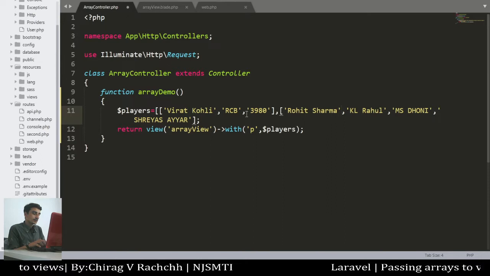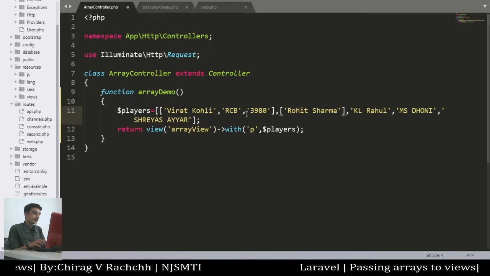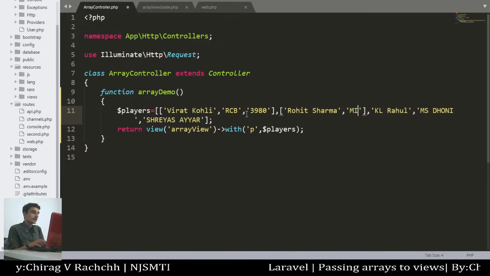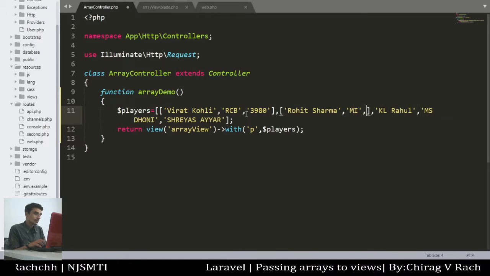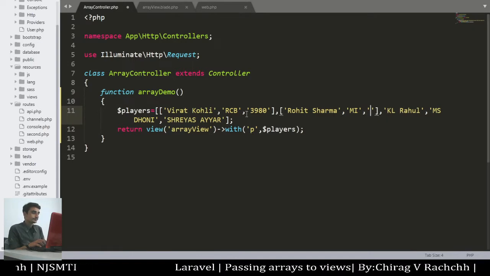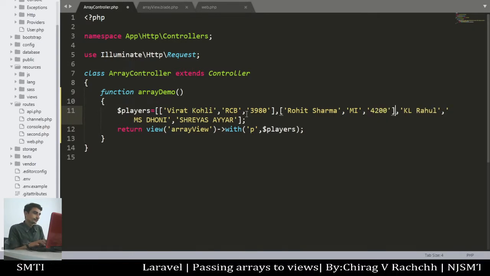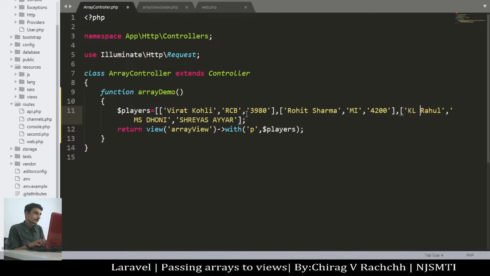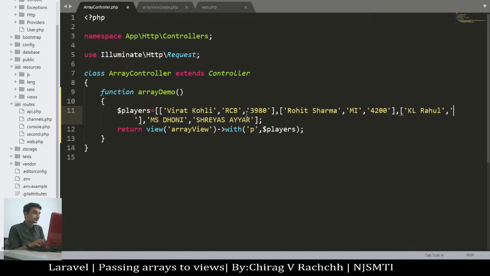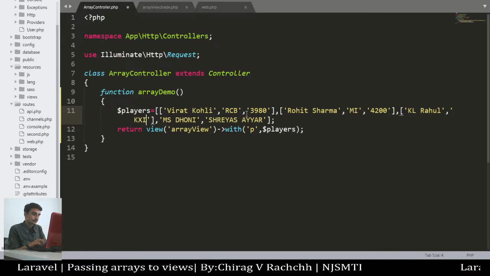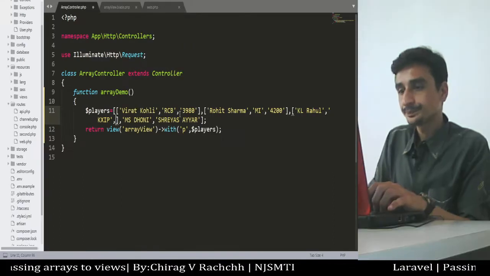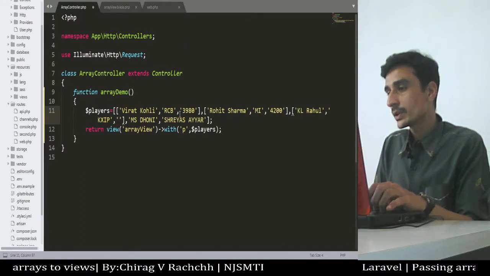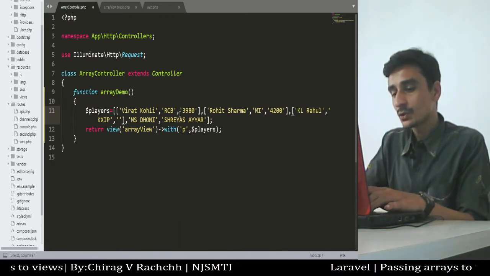Here again I will add an array, comma, MI, comma, and then another array, team name, and then runs scored.